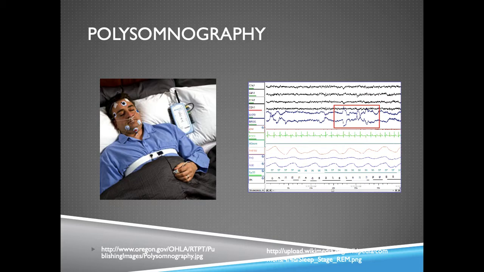Polysomnography, a super fancy word for a sleep study. To be honest, I don't feel very confident in interpreting sleep studies. I feel like there are specific sleep study techs that are trained to read these graphs from a polysomnography reading, but I did get to go in and observe the sleep lab one night and just kind of watch